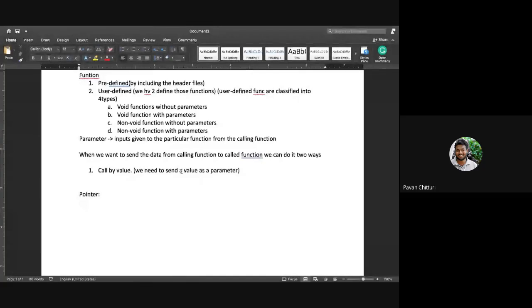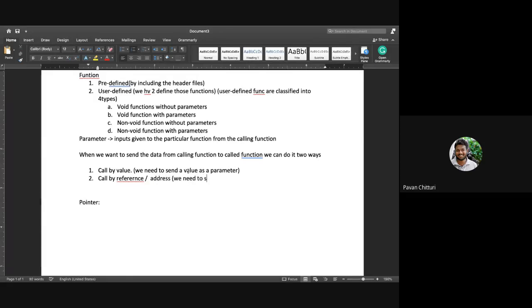So we can send only a value as a parameter, but you cannot get the change in the same variable. If you want the value to be changed in the same variable you are sending, that is called call by reference or address.